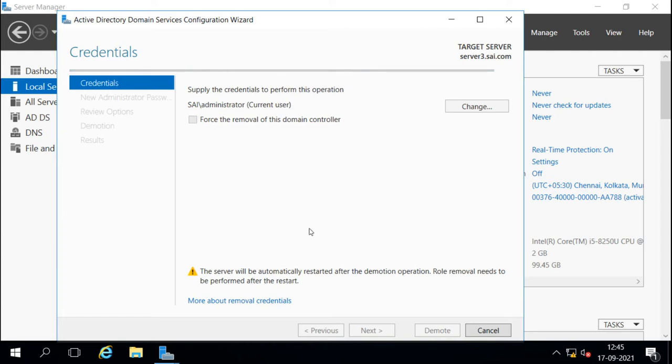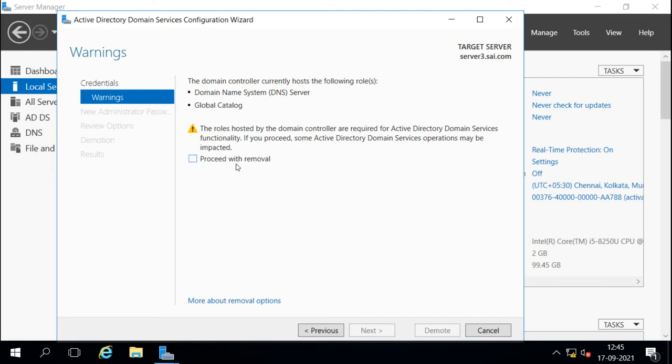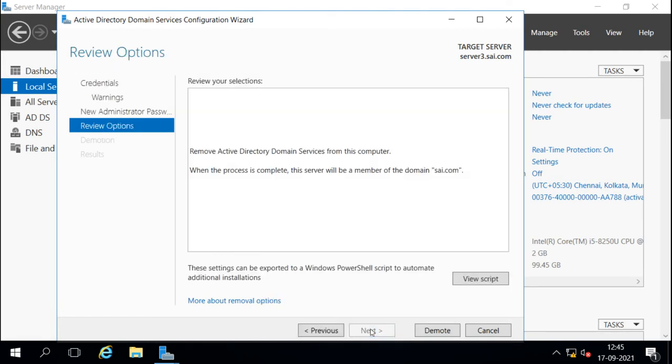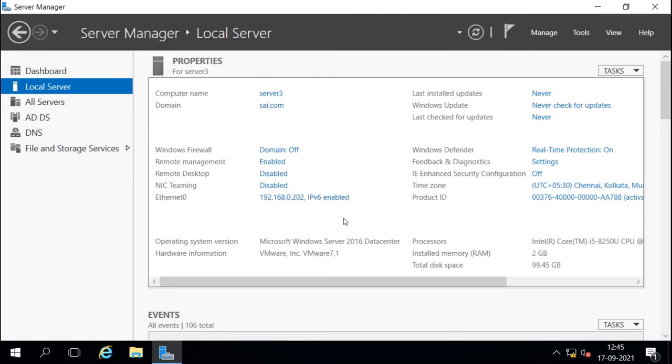Normal removing means that when we remove it like this, it informs the other domain controllers, and in the Active Directory database it says that this domain controller is now removed. We can remove it by following this wizard. We can say okay, now we can remove this forcefully. We have to make sure of the password for the local administrator after removing, and then we can demote this. This demoting is the normal demoting. I am not demoting it right now. It is like a normal demoting, and it will demote and remove it from Active Directory. It will remove it from the database also.